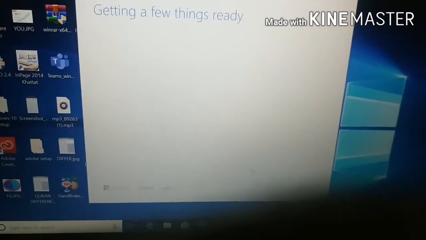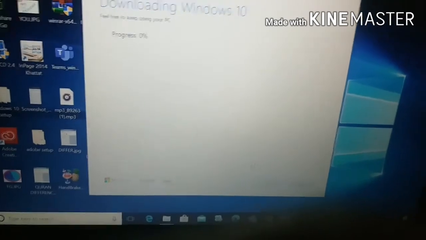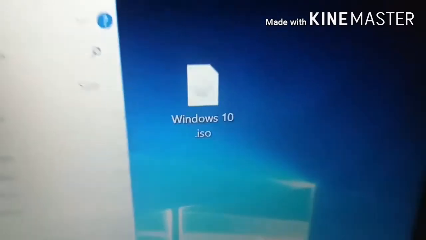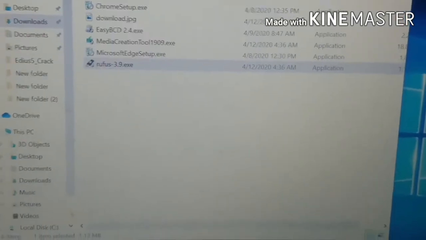Wait for it. It might take up to 30 minutes or 1 hour depending upon your internet connection. Guys, after the Windows 10 ISO installation, this is the file. This has been installed. So now I go to Rufus